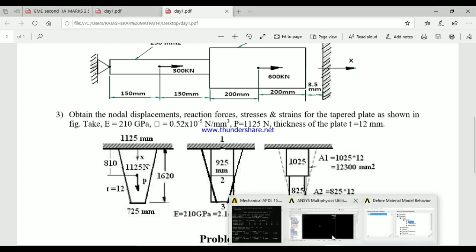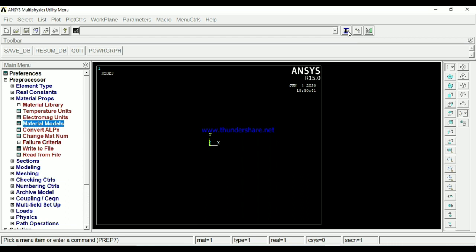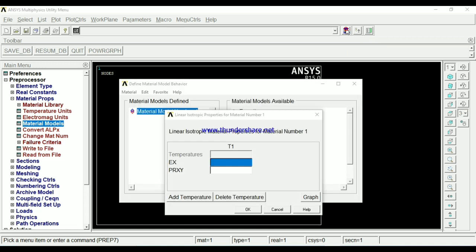210 E3. See here, I told you once again, use this raise and pick button. Sometimes I already entered the metal model, but the window has gone behind the screen. How to bring it to the front? Use this raise button and enter the X value. You can give 2.1 E5 or 210 E3 also. 210 E3, because out of giga, the 10 to the power 6 is used to convert Pascal, Newton per meter square to mm square. Then fine.